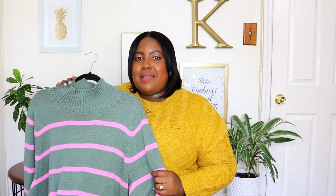I did go ahead and style these pants with my favorite sneakers from Walmart. Also, I'm going to link it down below, but you could definitely wear these with some combat boots just to dress it up. Next up is this sweater from Free Assembly, and I'm wearing an extra large, and the price